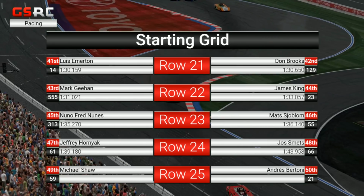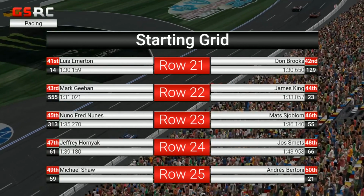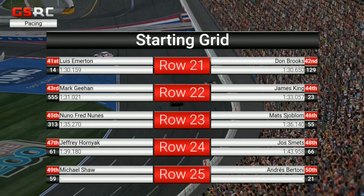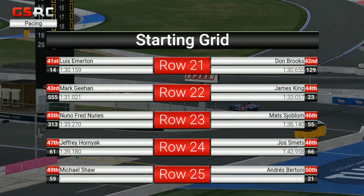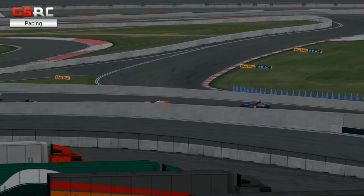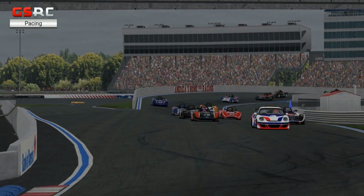Fred Nunez in 45th position, Matt Sablom in 46th, Jeffrey Hamiak in 47th, and Jos Smets in 48th, Michael Shaw 49th, and Andreas Bertoni in 50th position. In starting shotgun on the field, you will find Richard Valle. So that is 51 Spec Racer Fords, and there are so many cars to find that it's taken a while for